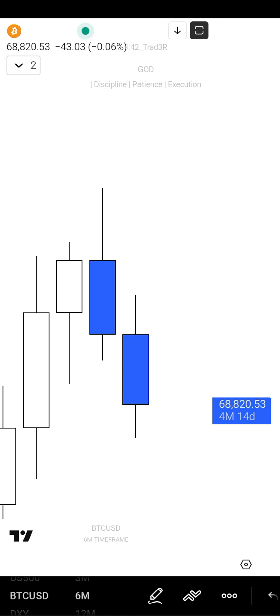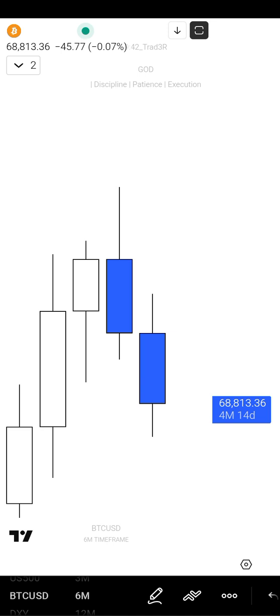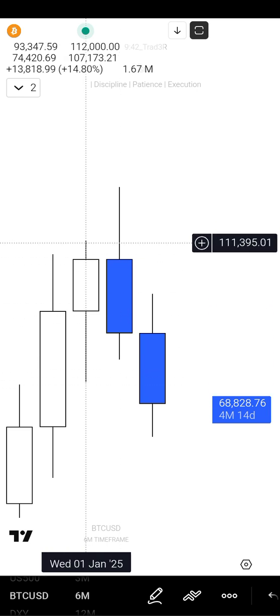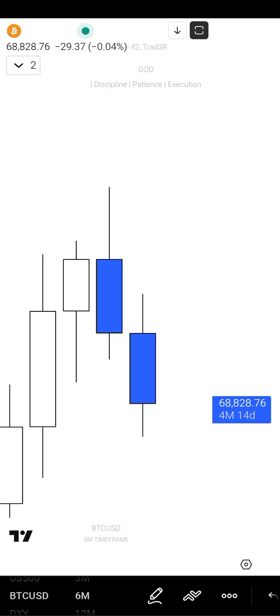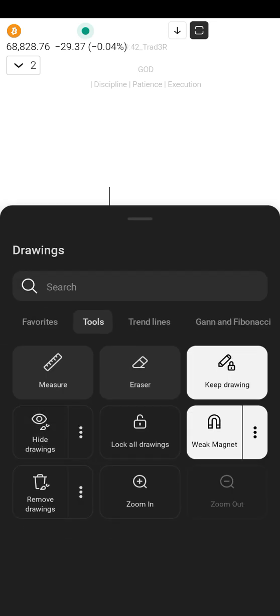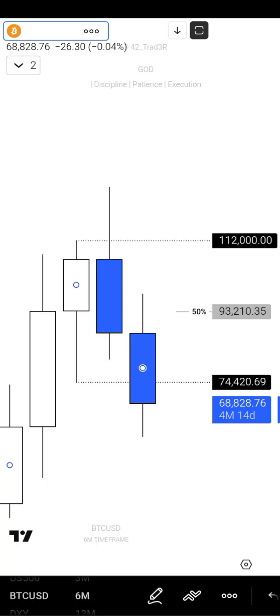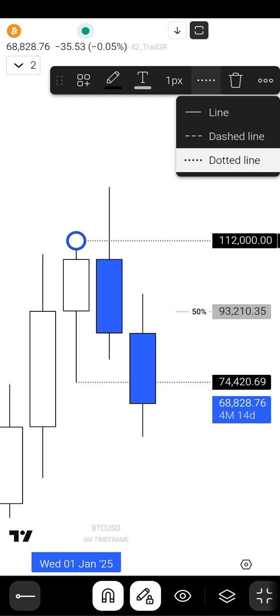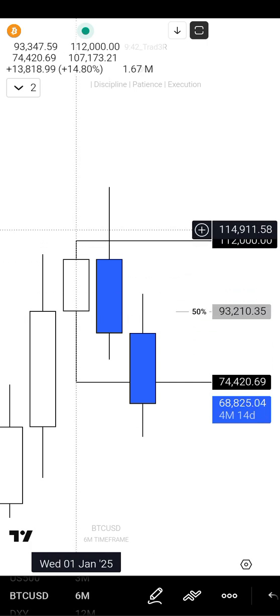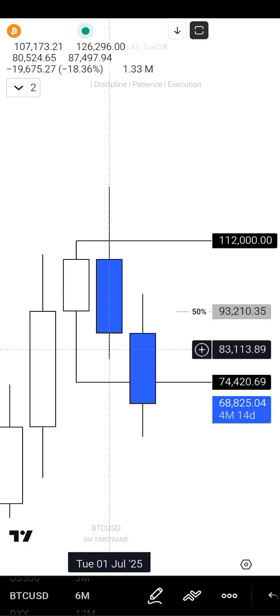So, looking at Bitcoin USDT, we have been inside of this trading range, everything that has been happening inside of this 6 month candle. So let's go ahead and mark out the highs and the lows and the 50%. So that's the high and the low and the 50% of the range. Now, since candle 2 has touched soup candle 1's high and we've closed back inside of the range,